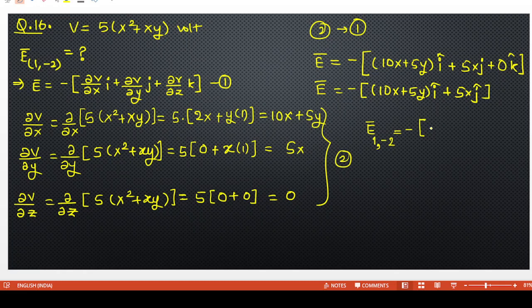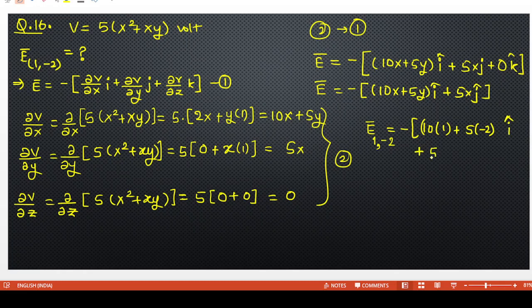So in the bracket 10 into 1, electric field at particular point: minus in the bracket, again in the bracket 10 into 1 plus 5 into minus 2, bracket complete into i cap